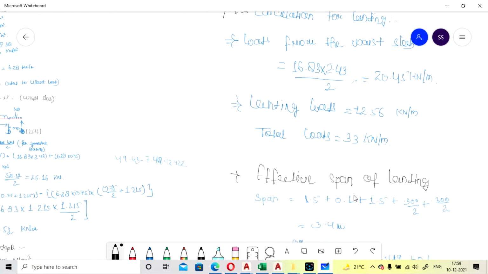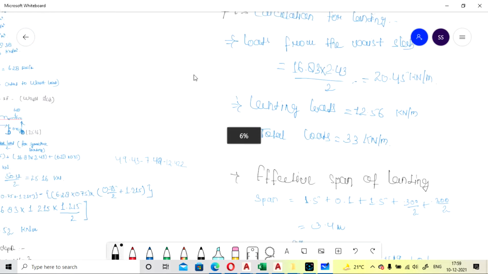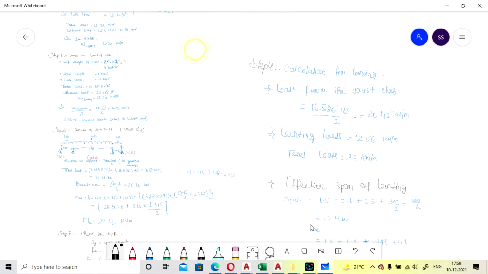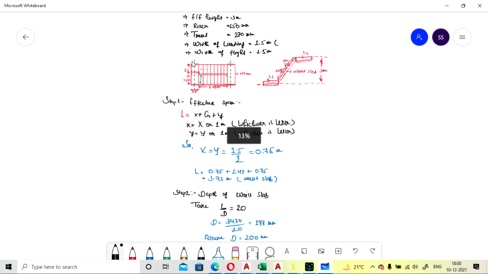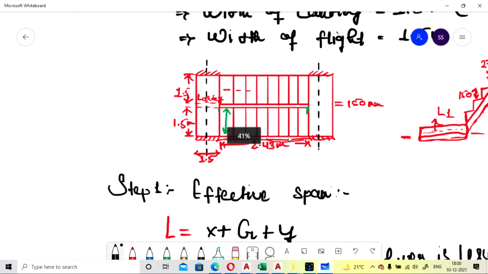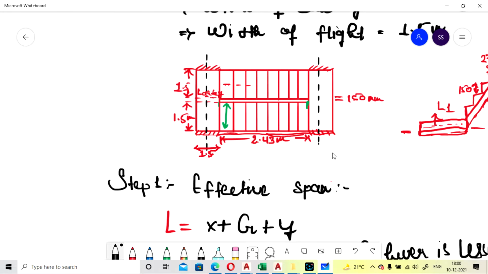I will show you in the figure how this effective span section is shown.